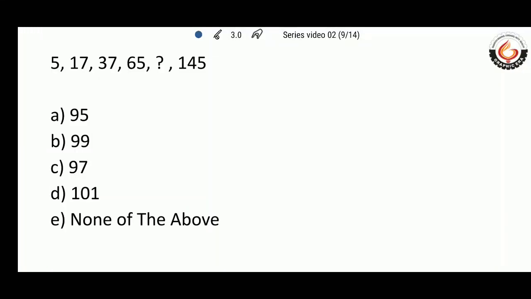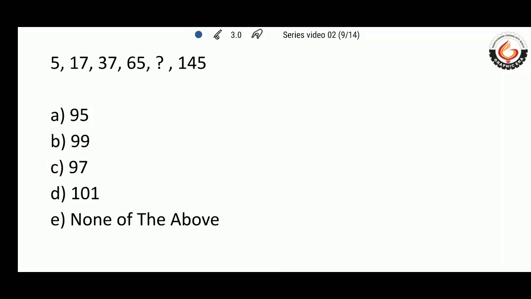Let's have a look at this one. Now, let me tell you, there could be few questions in which the numbers itself are series. There could be no operation between them, but the number is series. Like there could be 1 cube, then 3 cube, then 5 cube, then 7 cube, then 9 cube. These are all series, but between the numbers there is no relation.